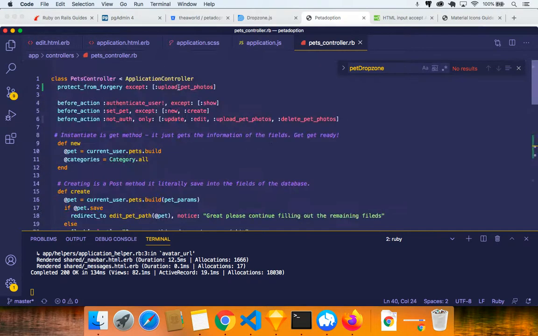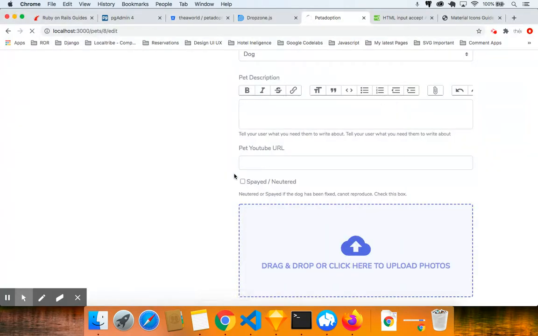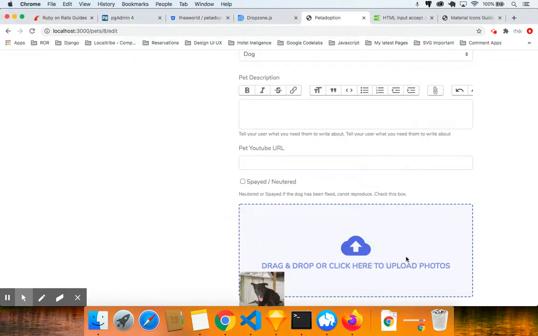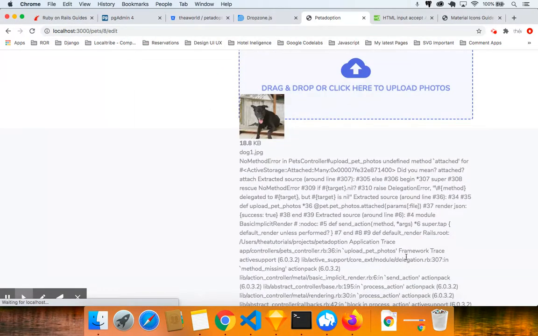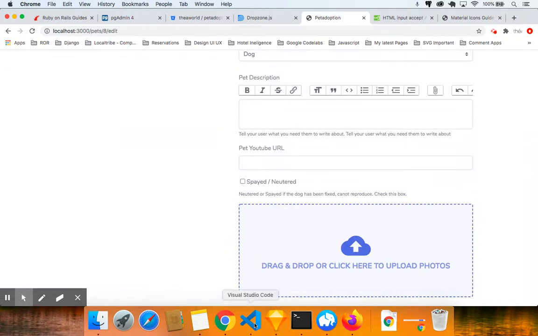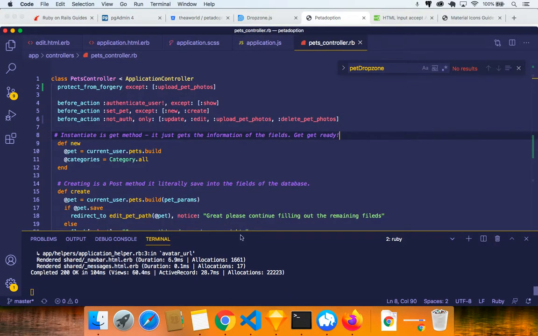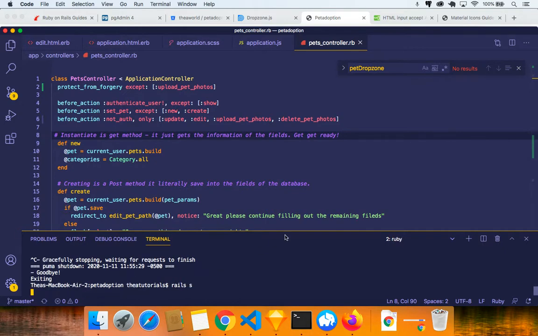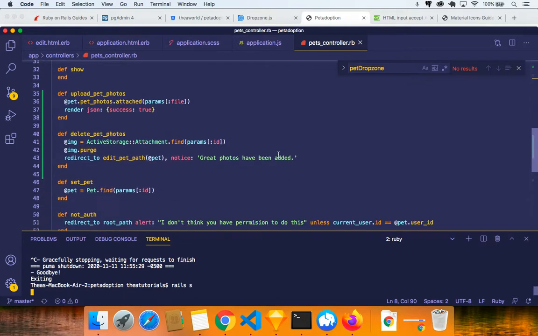The protect from forgery, except upload photos. We added upload pet photos and delete pet photos, and we save everything. We come back here, refresh, guaranteed it's going to work. Grab all these photos here and drag them over. Do Control C, Rails S. It's definitely going to work,